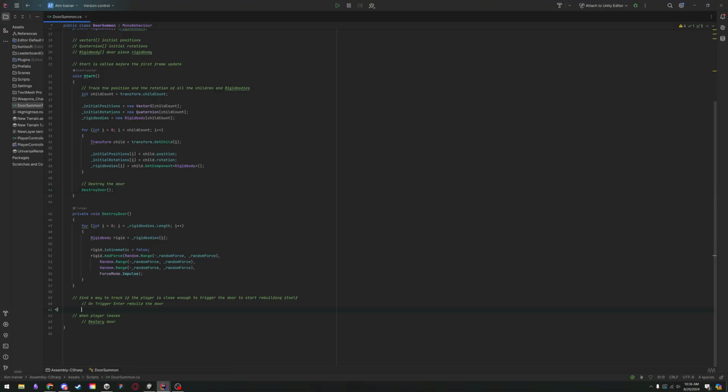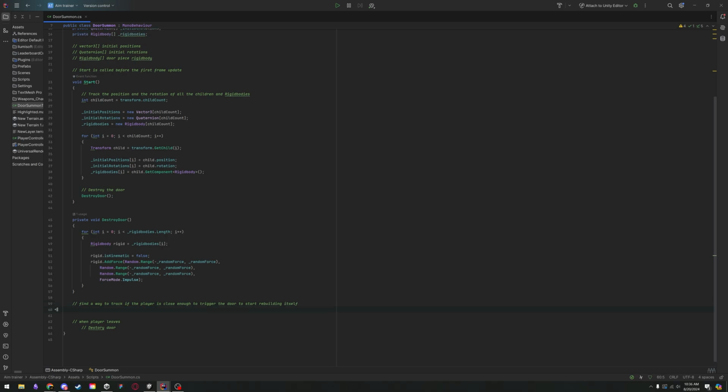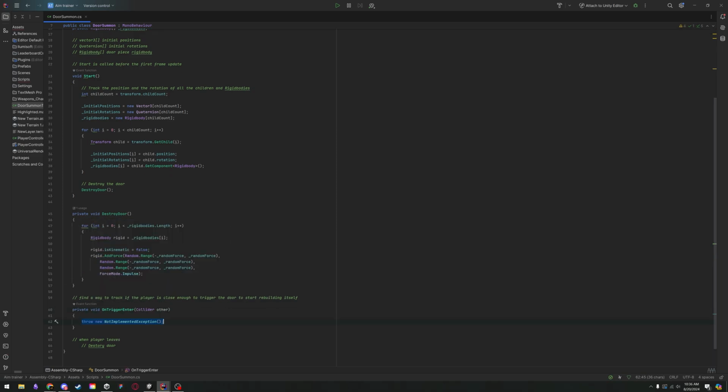Now we added the trigger, and Unity has a built-in method where we literally don't have to do anything. It already built all of it for us. All we have to do is call the method private void OnTriggerEnter. And then we have another collider. Whenever another collider bumps into this, we want to rebuild the door, right? But we don't want every other collider. We just want the player collider to trigger that event of rebuilding the door. Let's go ahead and do a check. We're going to do if